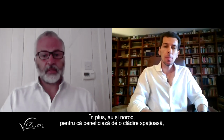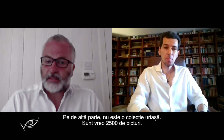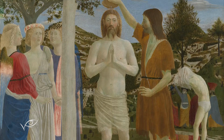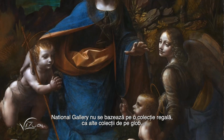Yes, that's right. I mean, it's one of a few collections like that, and they're lucky in the National Gallery because it's a relatively large building, so it's not a very heavy display. You can really look at each work as you go around. But it's actually not a huge collection. It's only about 2,500 paintings, and obviously, like most galleries, they're not all on show. And again, it's interesting because it's not based on a royal collection like a lot of national collections around the world. So they've had this sort of elite